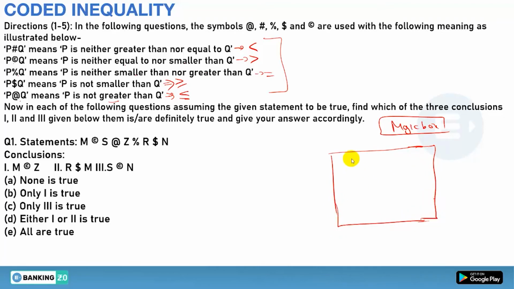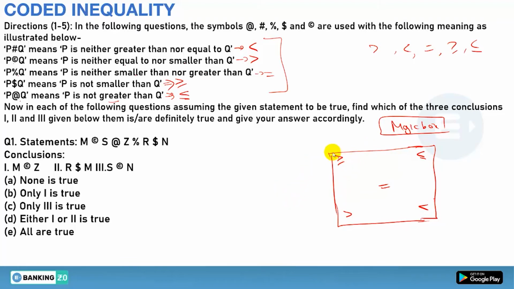So in the magic box, you have to place the inequality symbols, that is greater, less, equal, greater equal, or less equal, but in the perfect place. Like there you must have greater equal, there you must have less than equal, there is greater, there is less, and there is equal. To understand that magic box, your basics must be very good. If you don't know your basics, then it will be a little difficult.